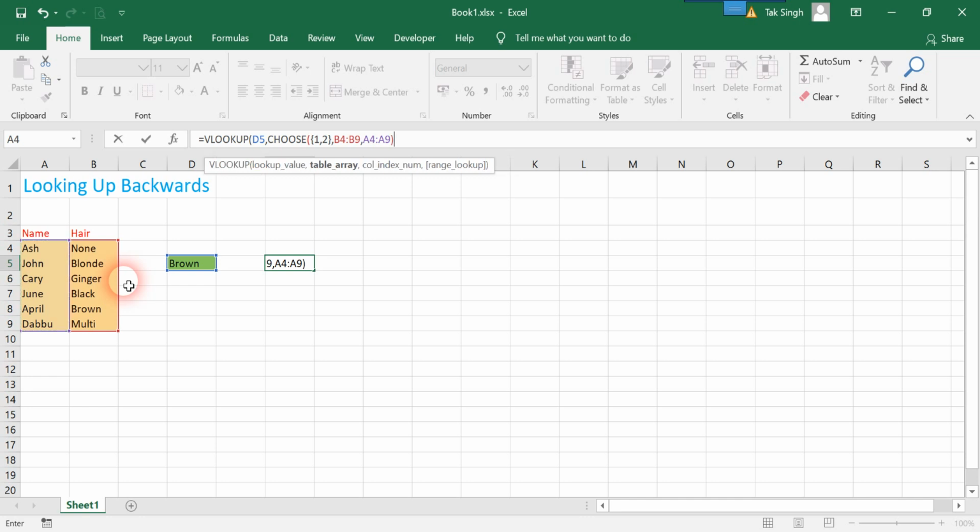Now we are out of our CHOOSE function and back to our VLOOKUP function. What I want to return is the second column, comma, and FALSE as usual.